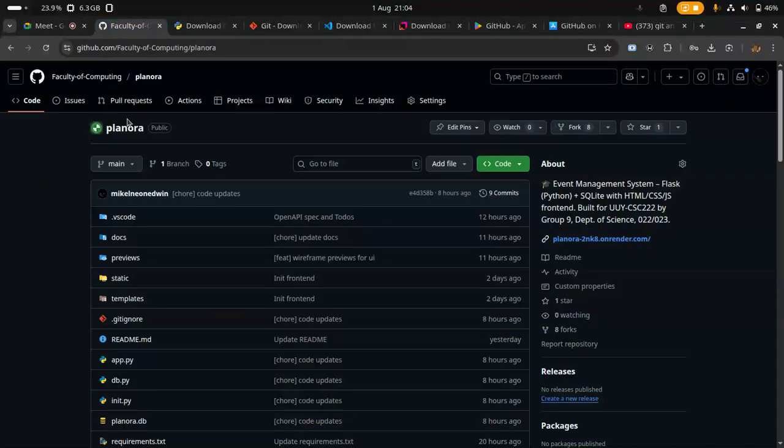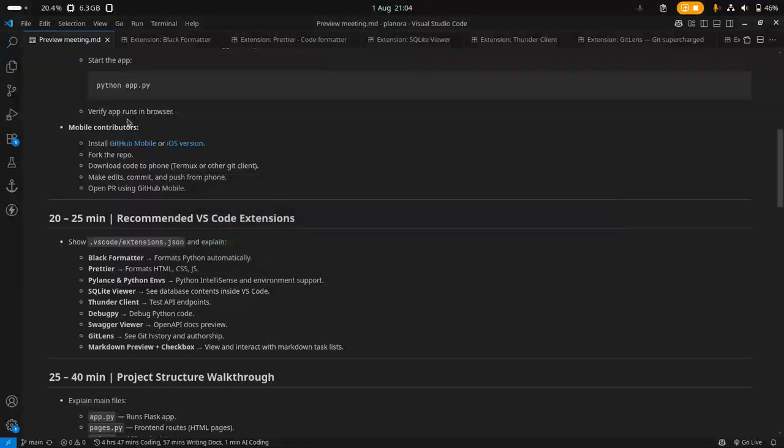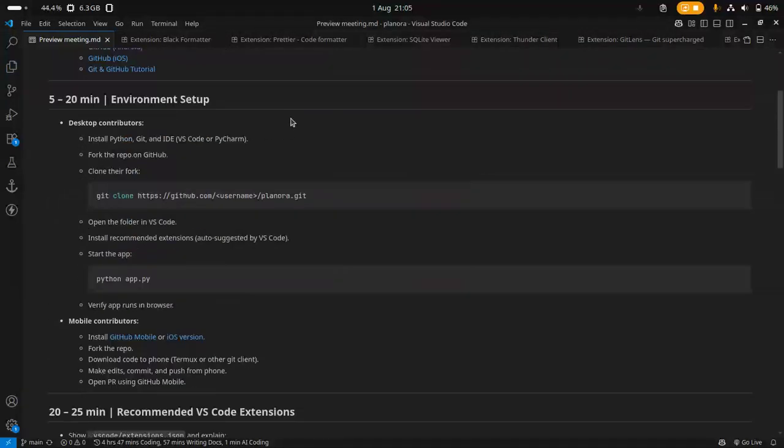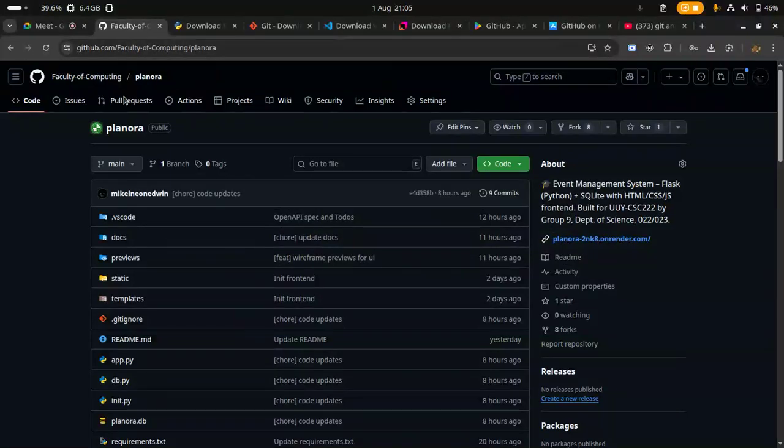So for this project, we are basically going to be building an events management system, just like Mr. Ambrose requested. In this meeting, I'll be talking about a few things, mostly what will help us get started as developers. So first thing I'll begin with is, if you should check your browser,